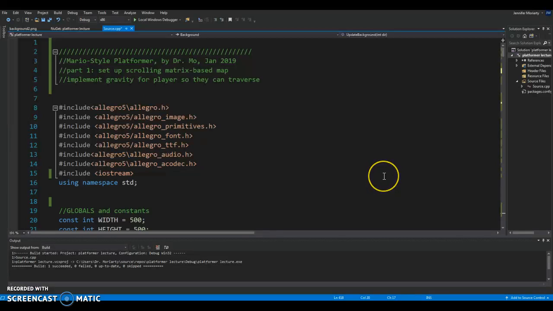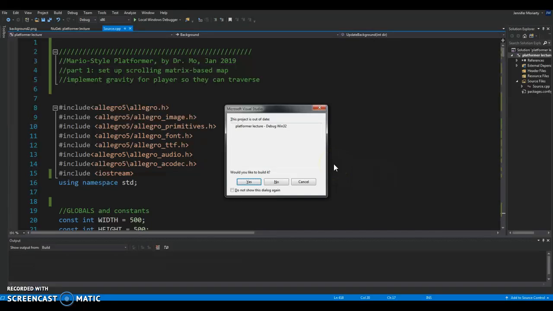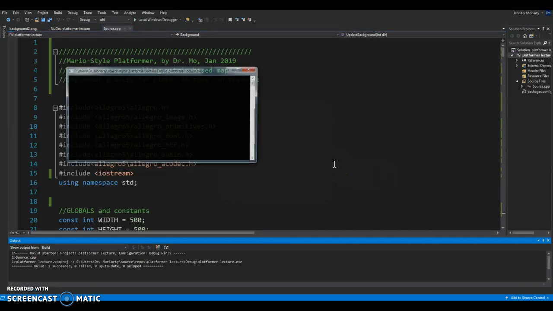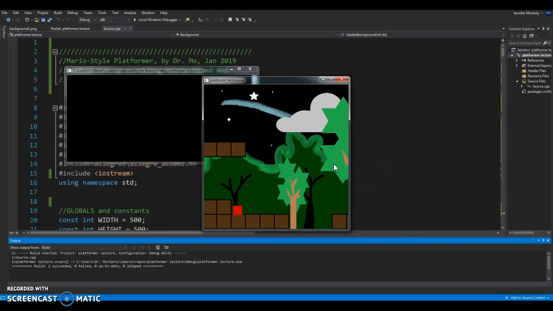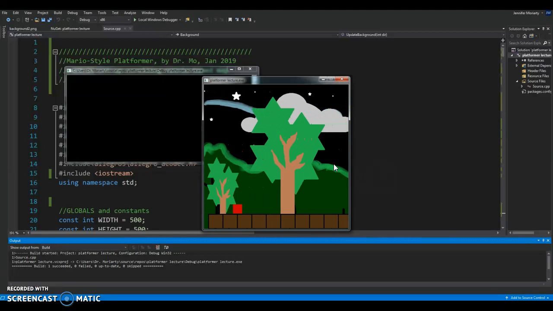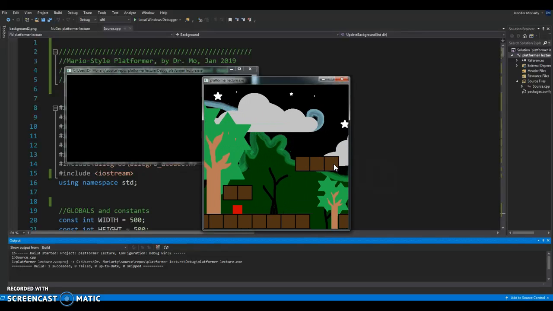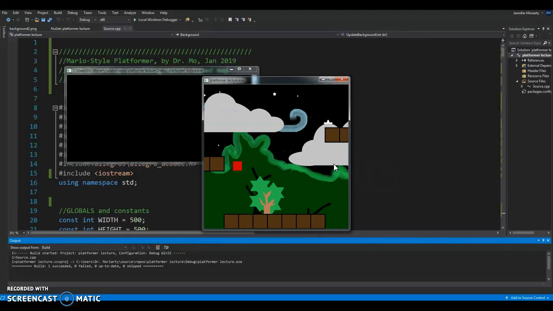Everyone, this is the third video in our Mario style platformer game that we're putting together in my class. In this particular game video we are going to be adding a parallax background. Now a parallax background is basically 3 layers of background images on top of each other, and they're moving at